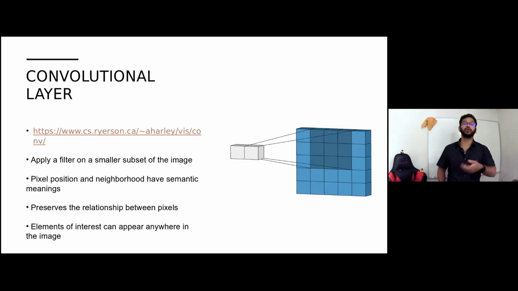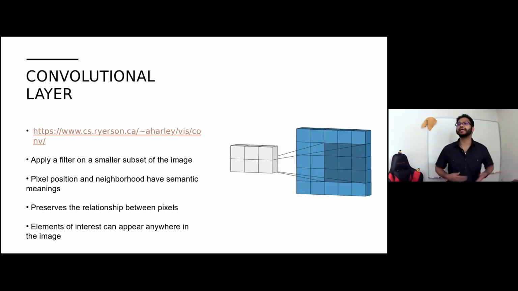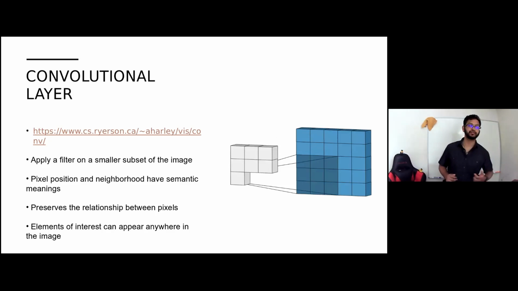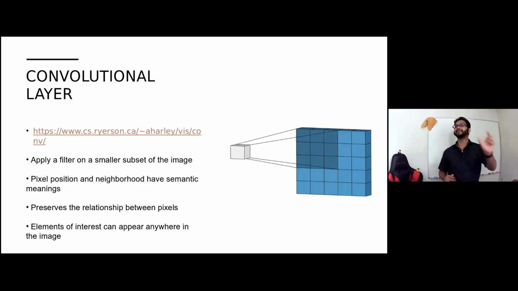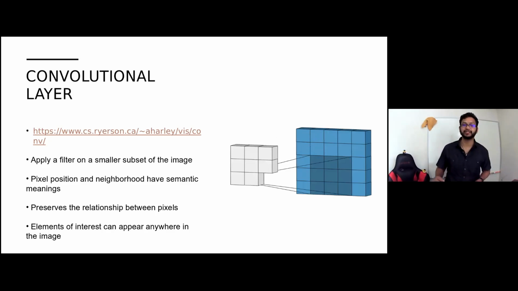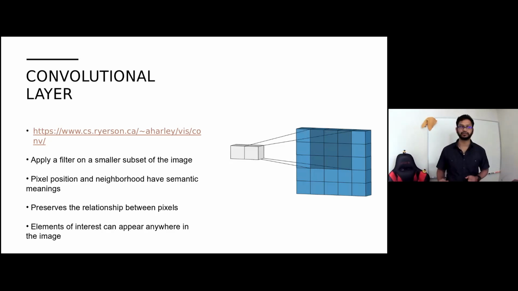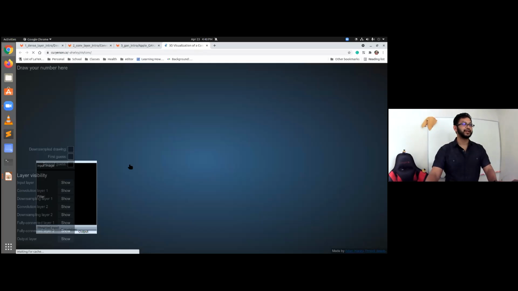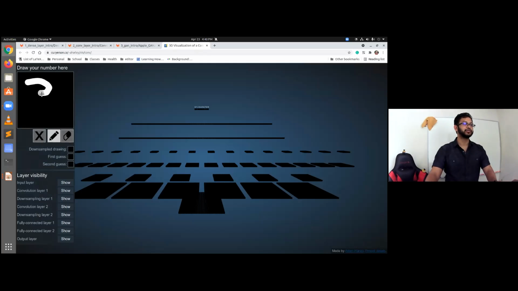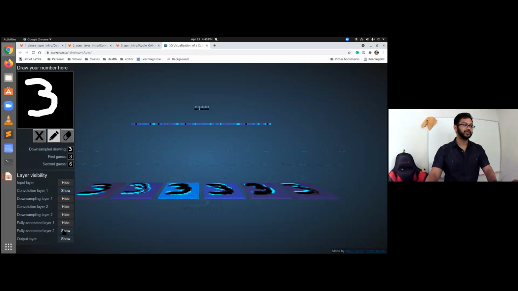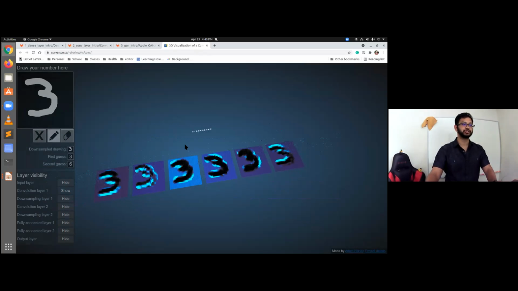However, if I just send in a whole bunch of pixels, it wouldn't be able to put 2 and 2 together. So convolutional layers preserve the relationship between pixels, and can find features within an image that would be interesting for us to pay attention to when we're looking at new models. So we can go to this site and say if we wanted to look at the number 3, we can turn off all of the different rails except the first convolutional rail.